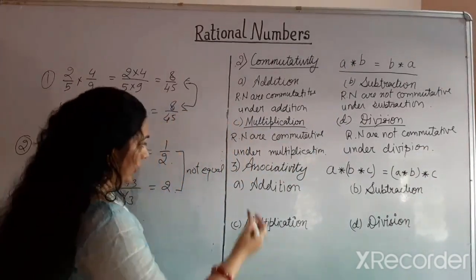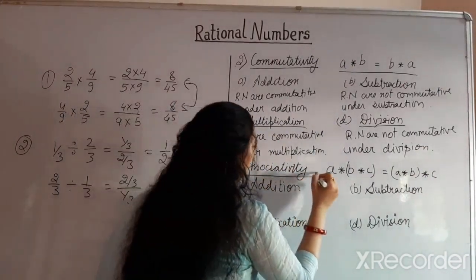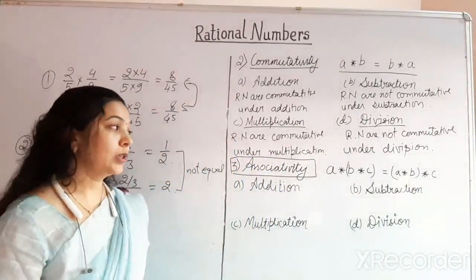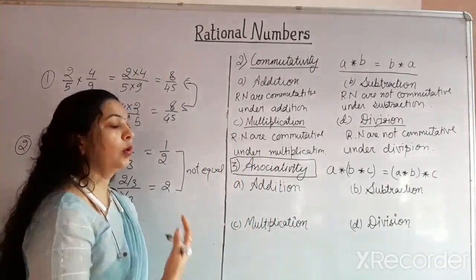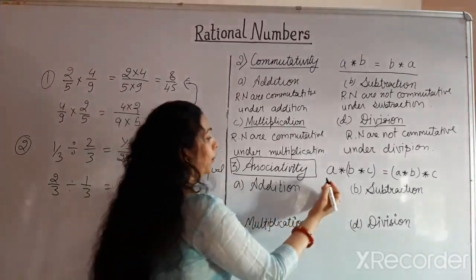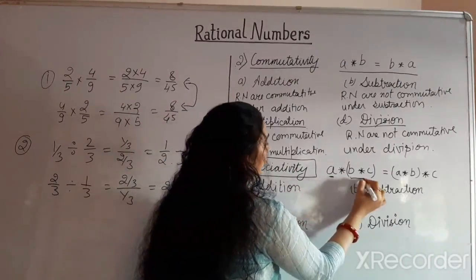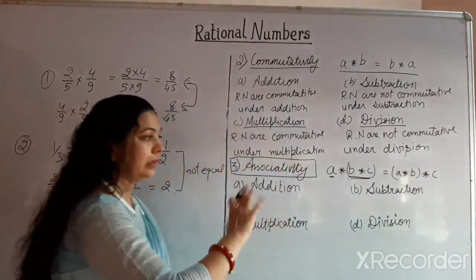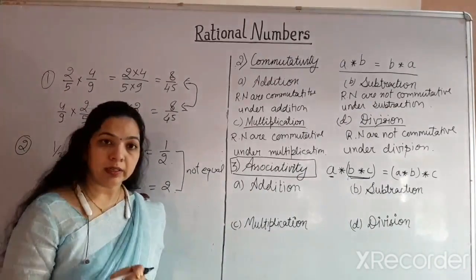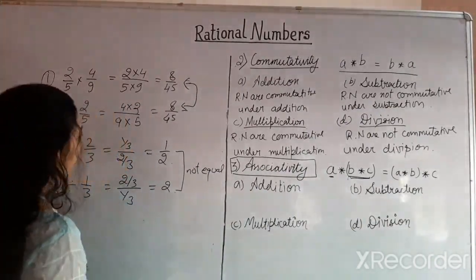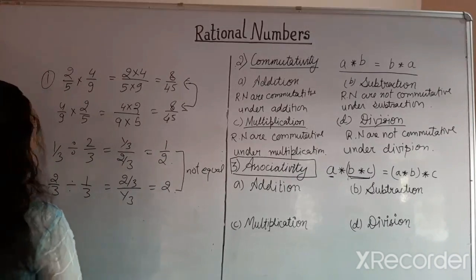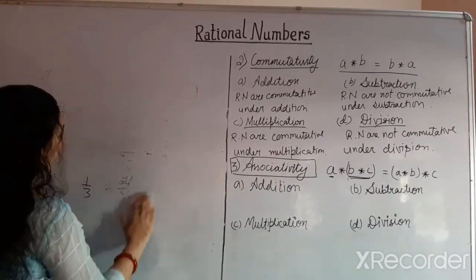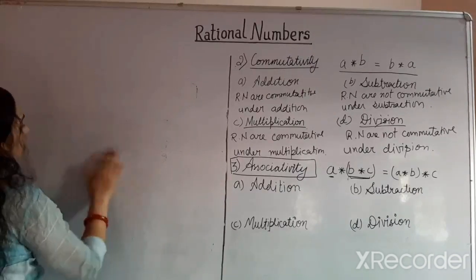Right? Now let's take another property, that is associativity. What does associativity mean? Associativity includes more than two numbers. If we operate a number with another two numbers, and if we change the sequence of operating these numbers, is the result the same or not? It depends. Now starting with addition, let's check whether addition follows the associativity law or not.